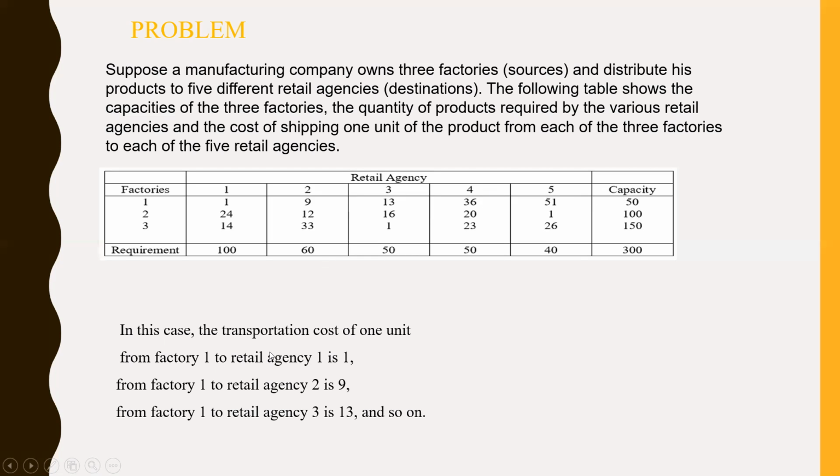In this case, the transportation cost for 1 unit from factory 1 to retail agency 1 is 1, and it goes on till factory 3 to reach retail agency 5, that is